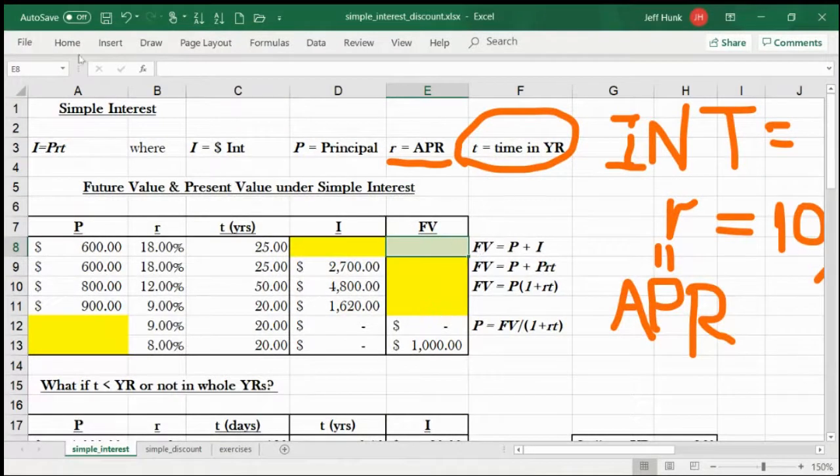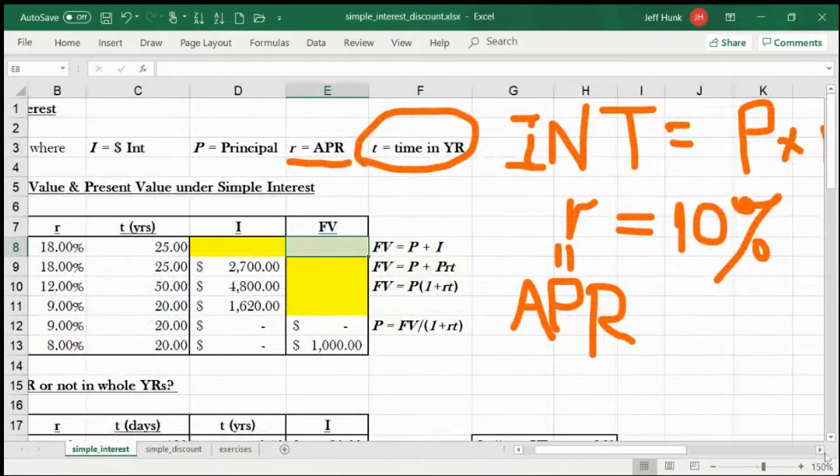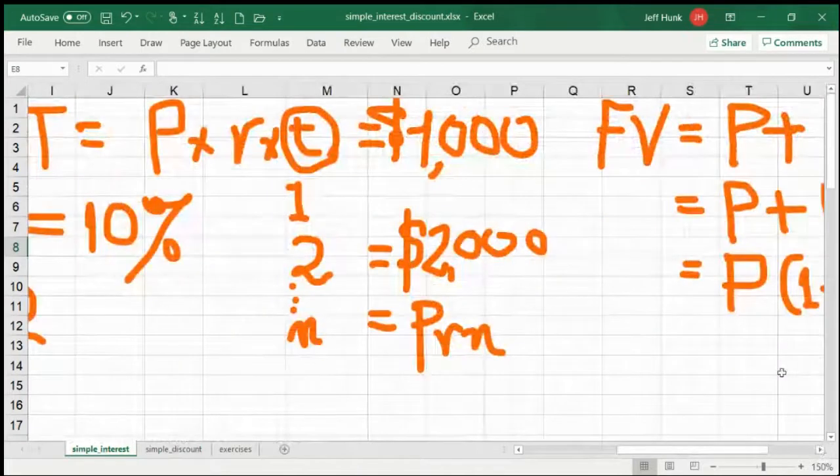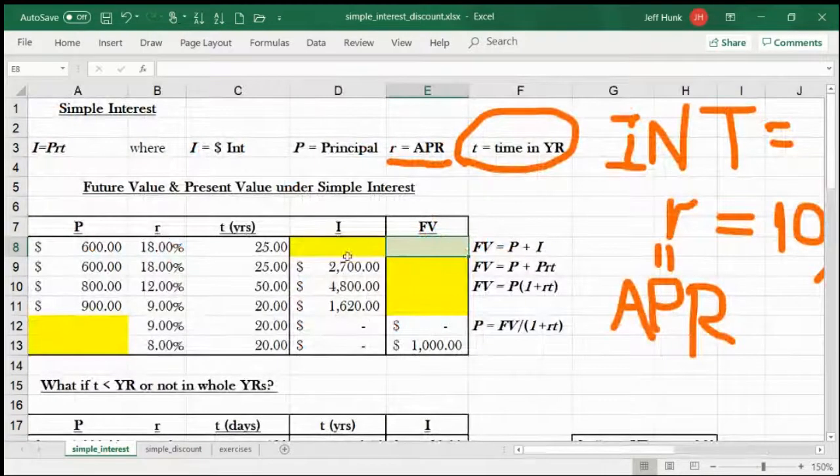First, this is basically the process that I explained here, right? The same process. So first, let's find the interest. The principal is $600. Interest rate is 18%, time 25 years. What's the interest? All you need to do is simply, now, don't forget to start with the equal sign, because